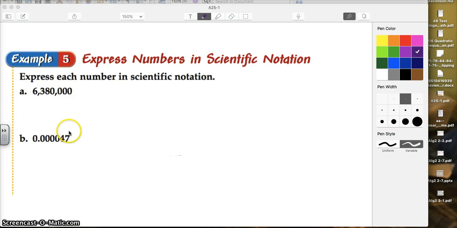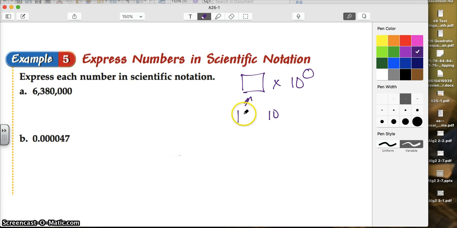So we've got these numbers written in standard form, and we're going to write them in scientific notation. So remember, it's going to be some number times 10 to some power. And this number must be between 1 and 10. It can be as small as 1 and as large as 10. Let's call this number x. So x has to be somewhere between 1 and 10,